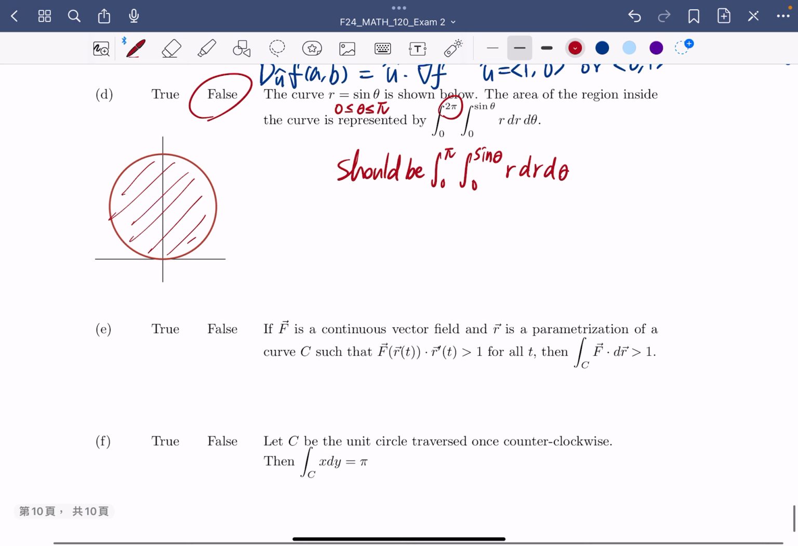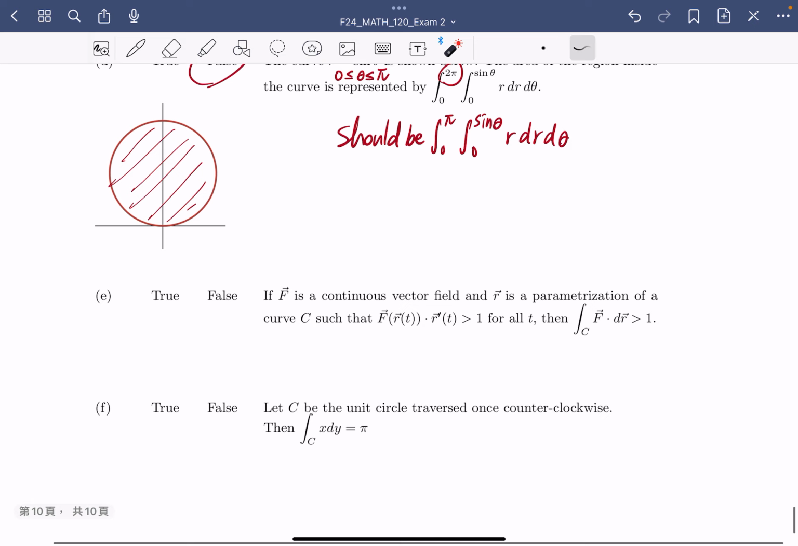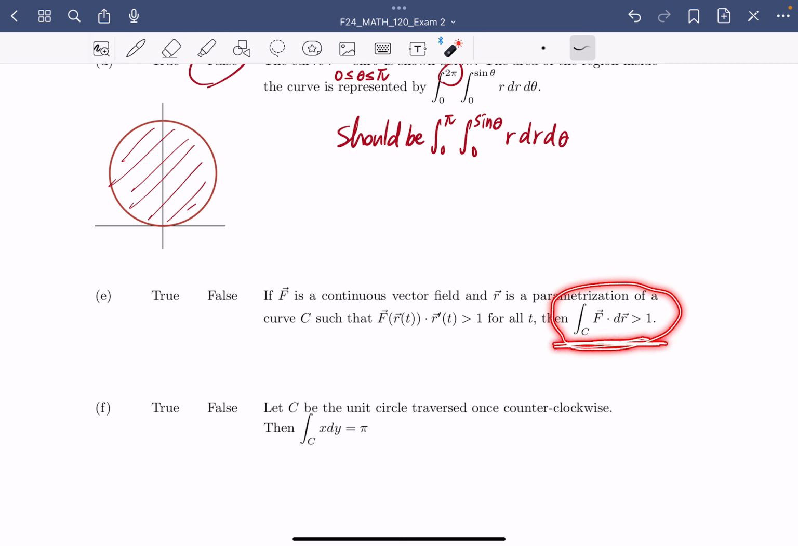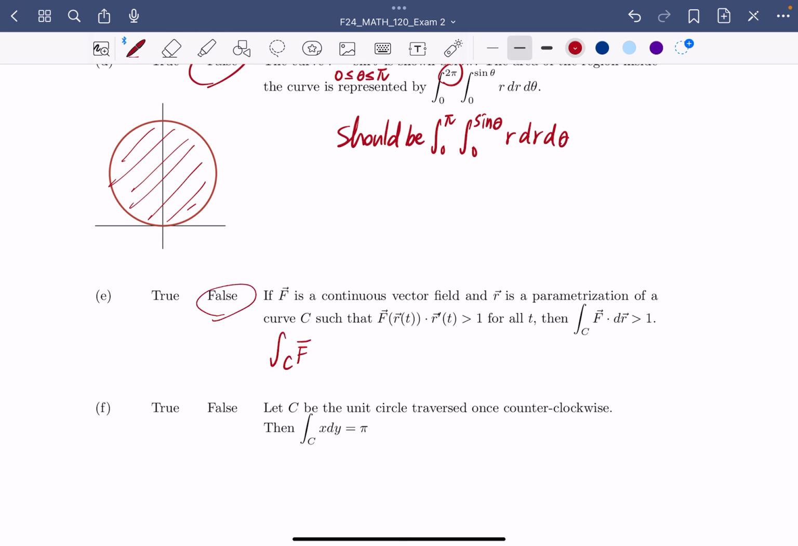Part E. So you have a continuous vector field F and a parameterization of a curve so that this dot product is greater than 1 for all t. Then does it necessarily imply that the whole vector line integral is greater than 1? I'm afraid the answer is false, because if we write down the definition,